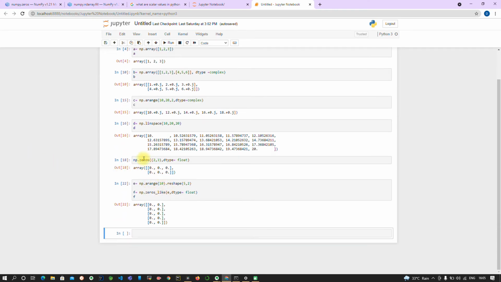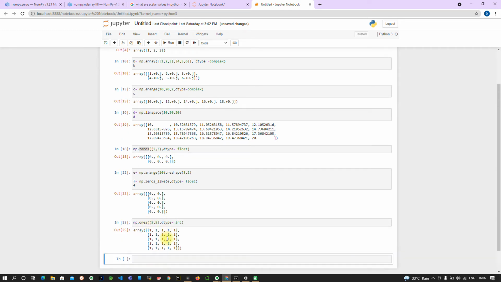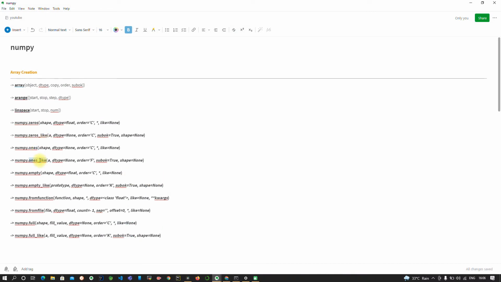So let's use this thing only. np.ones. Sorry, let's create another one. np.ones, I need 5 by 5, then dtype equal to int. So here you can see 5 rows and 5 columns are there, and it is filling with 1. The same thing with numpy ones_like: you have to pass an array so that it will convert